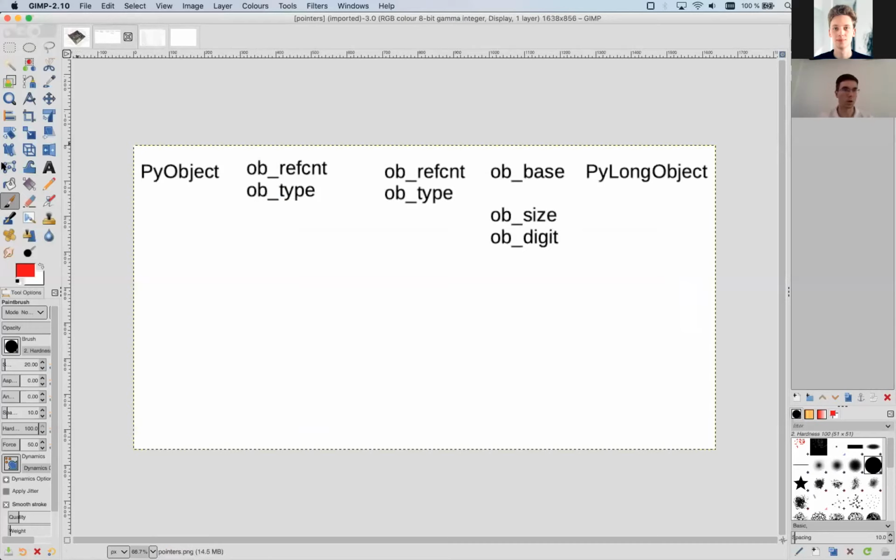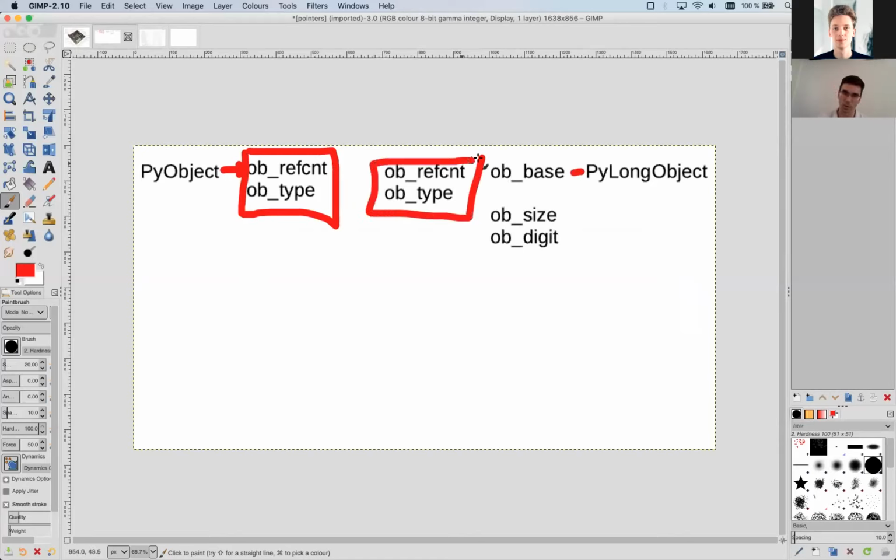So this is a PyObject pointer pointing into an object that only consists of these fields. This is the PyLong object, and its first attribute is the object base, which is the same as this one.